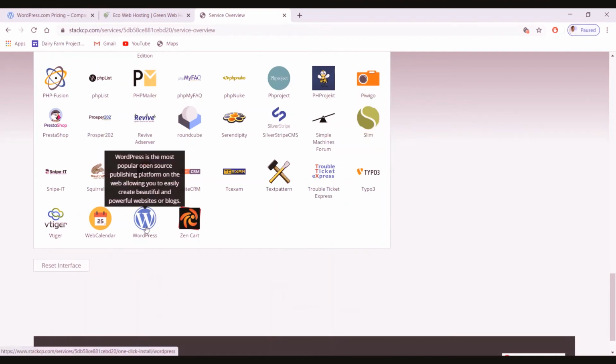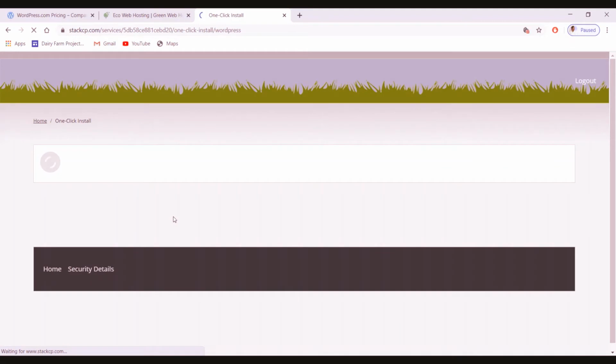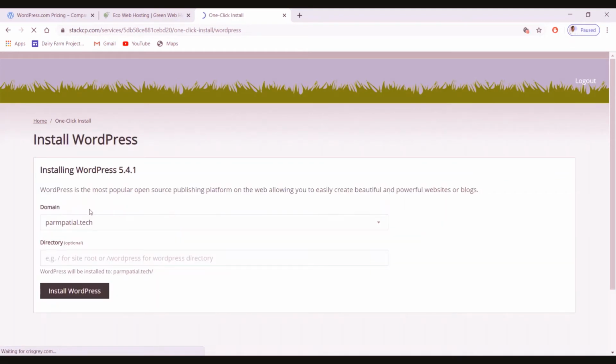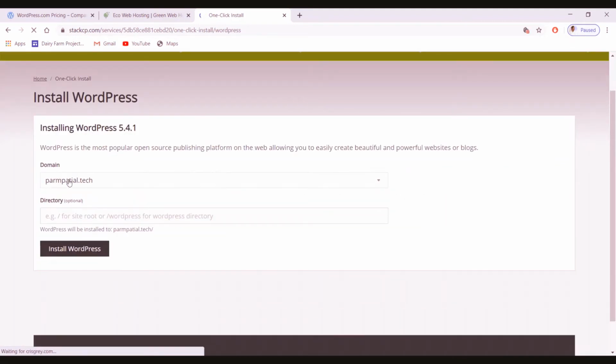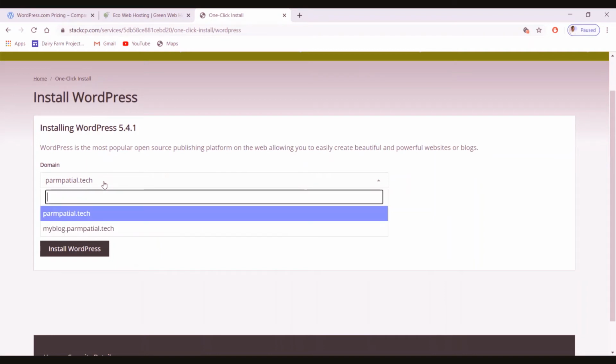In my case I have to deploy WordPress, so I will go there and click on the WordPress icon. My domain name here is Parampatyal. I don't want to install WordPress on this. I want to install it on my subdomain, but in your case it can be your domain.